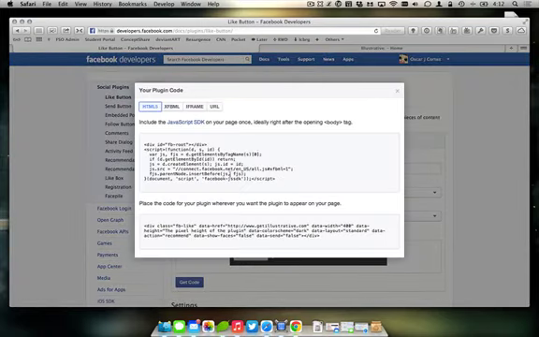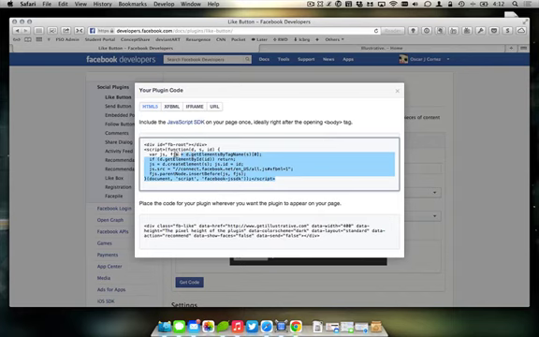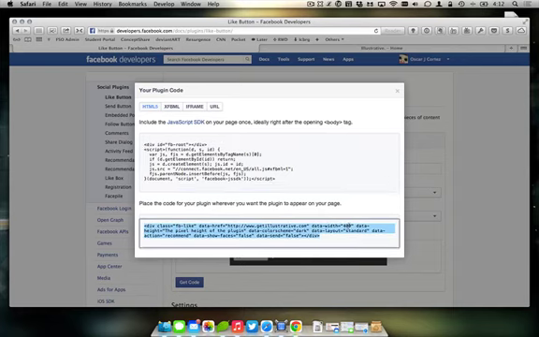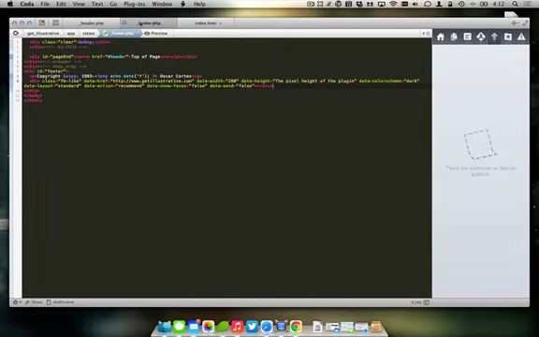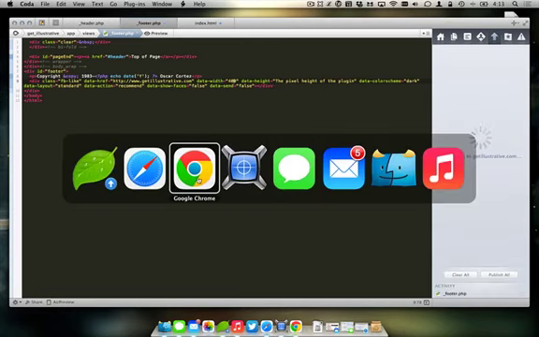And the difference is it does not change, and this is something I want to point out, it does not change our JavaScript. This is going to stay consistent. What it changes is the data width it's putting right here. And if I know that everything else is the same, I actually don't even need to recopy and paste this. I could be smart about that and just say, well, in my footer where I said 280 before, I'll just switch this out to 400, save it, upload it again,